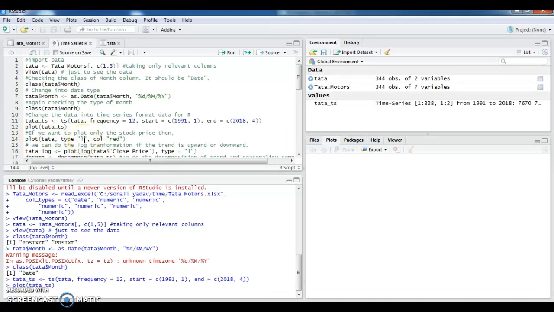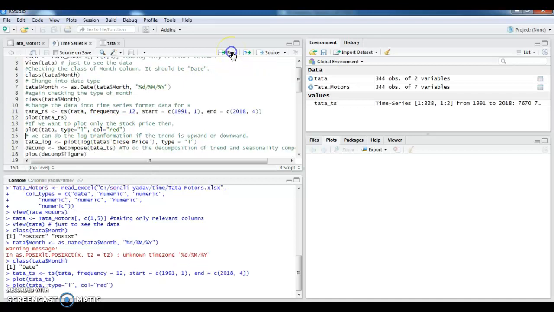I'm writing l, that is the line graph, and give it a color red. I want it to look more beautiful, so R should give me red, removing the month thing here. So what I'm doing is plot Tata, and I am plotting it as a line plot, and I'm giving it a color which is red, and I run it again.